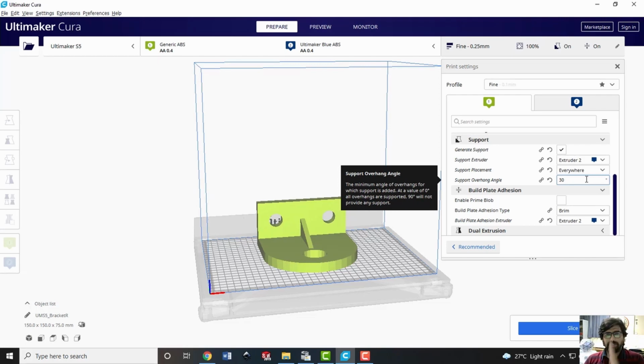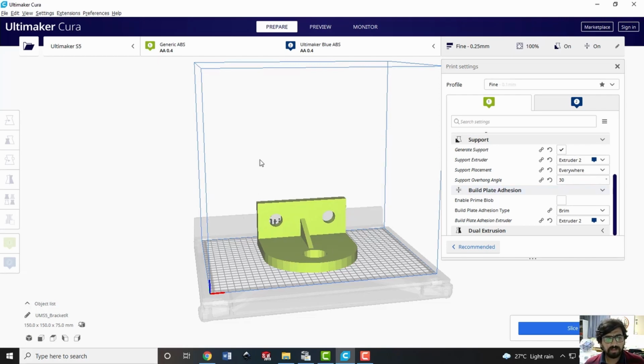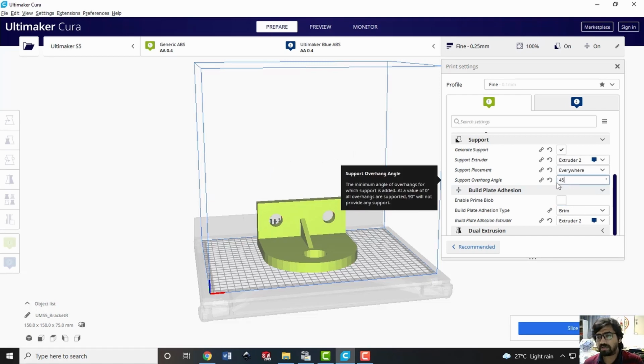If this is the build direction, you are building in Z direction, for example, in this direction, and if there is any overhanging feature which is at an angle from the build direction, and assume that it is at an angle of 45 degree from the build direction. And if I type 45 here, then all the triangles having an angle beyond 45 degree will require the support, and angle less than 45 degree will not require the support.